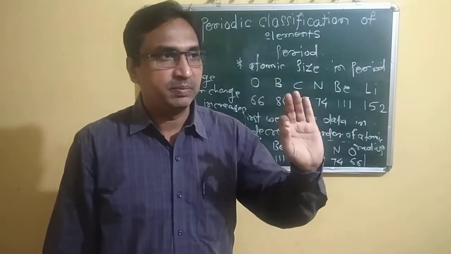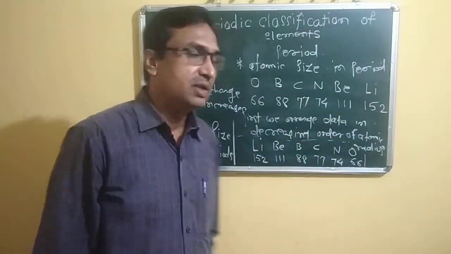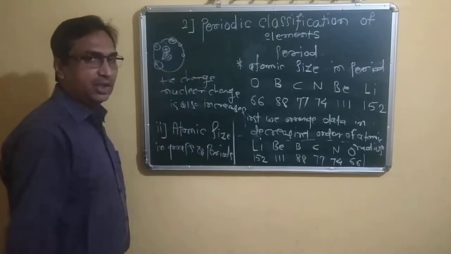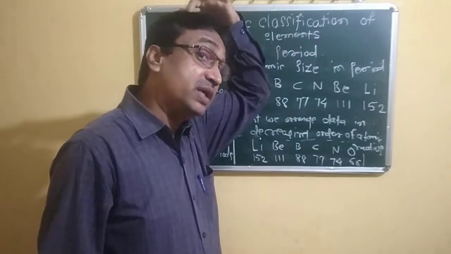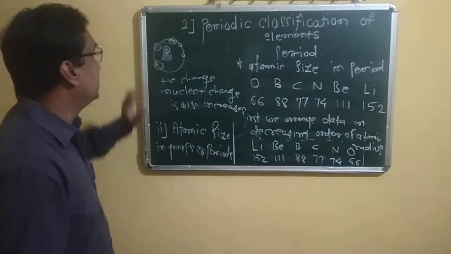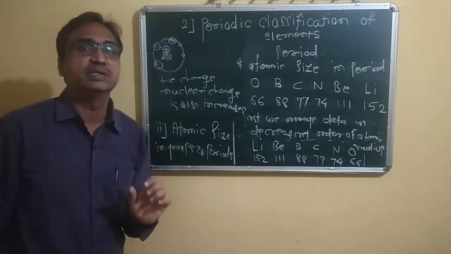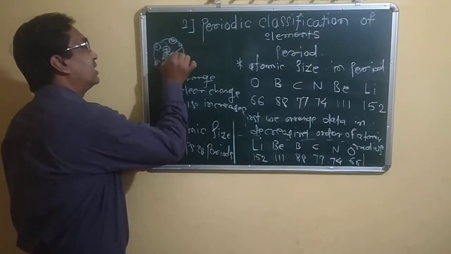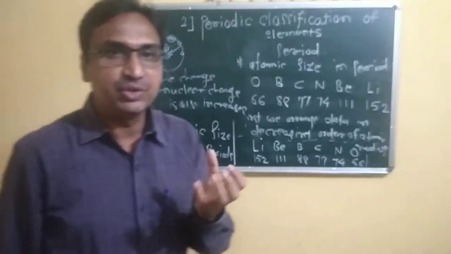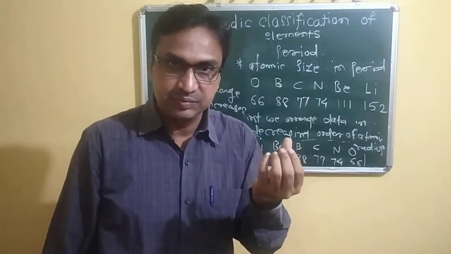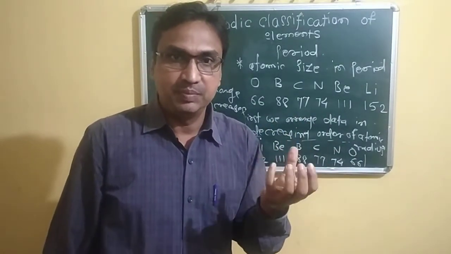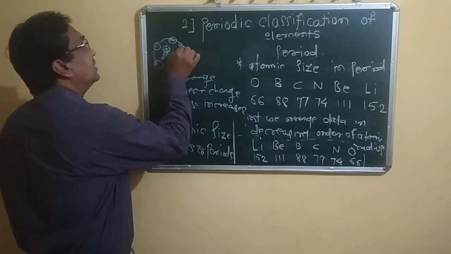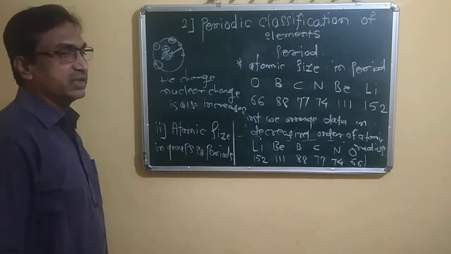At the same time the negative charge also increases, but in the nucleus at the center, its positive charge increases. That is, the nuclear charge increases, so that it can pull the electrons towards the center. This positive charge attracts the negative charge. Oppositely charged particles attract each other, so they attract these electrons toward the nucleus.